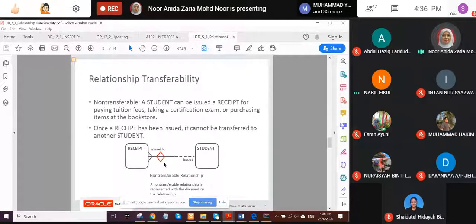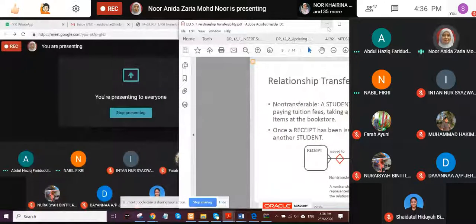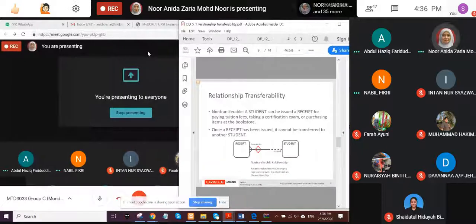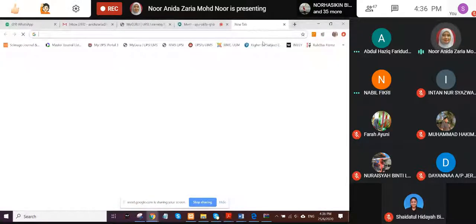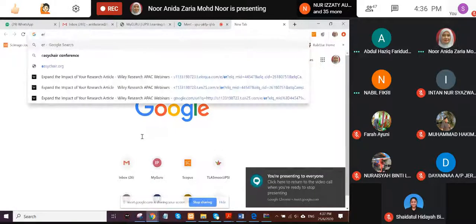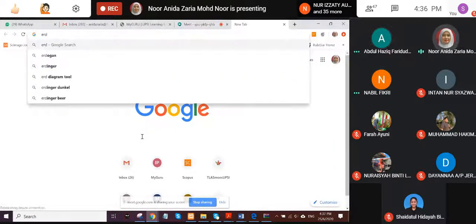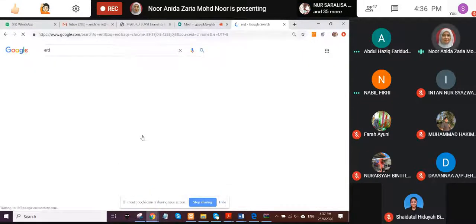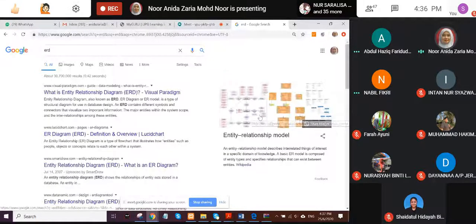So you can see that since you are using Oracle, this notation, if you use diamond symbol, that one represents the non-transferable relationship. Once you have that particular symbol, that one already becomes non-transferable. So that's why you have to be careful with this one. As I already told you before, when you draw your ERD, actually we have more than 5 notations. So that's why you have to choose, and you cannot just simply